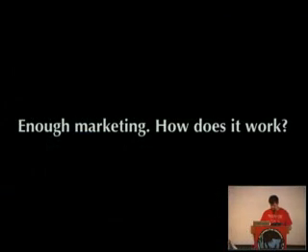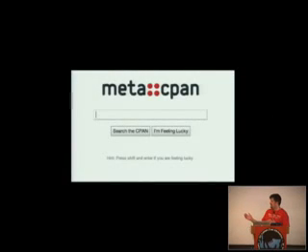So how does it work? It works using MetaCPAN. Can I get a round of applause for the guys who did MetaCPAN? I am really happy about that. We'd been talking about, I remember a few years back, Pet Dance, Andy Lester raising some issues about, well, CPAN, search.cpan's kind of stale, it's really proprietary, we'd like to have something else. And the guys who came along with MetaCPAN sort of have taken it and run with it, and they've made it so that not only do they have a great search application, but they made it so that there's